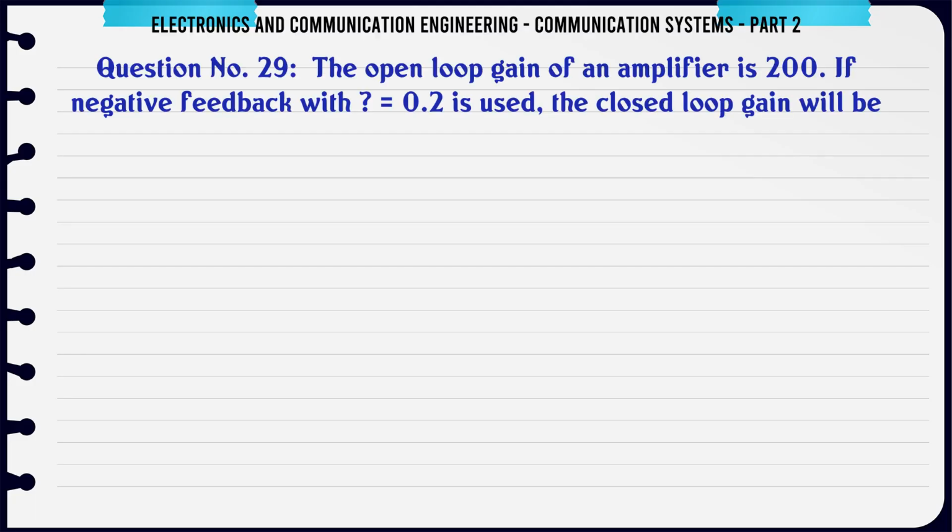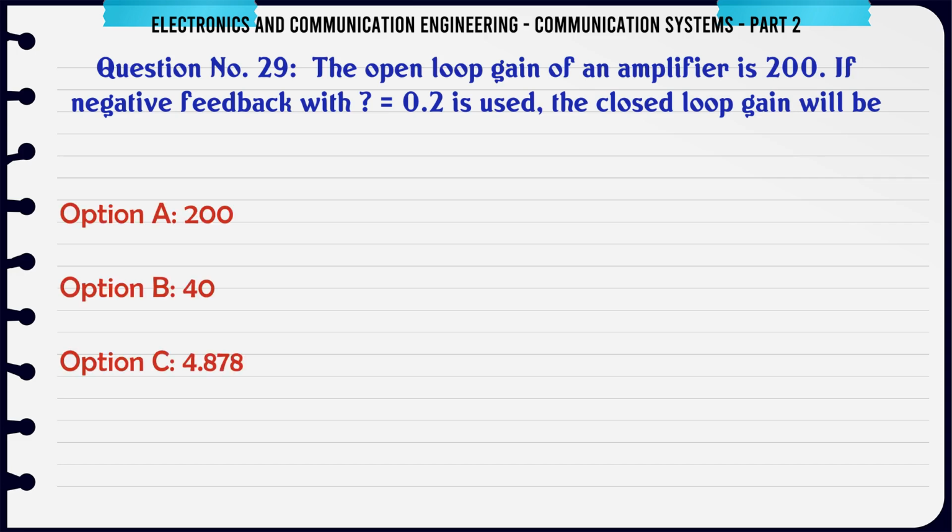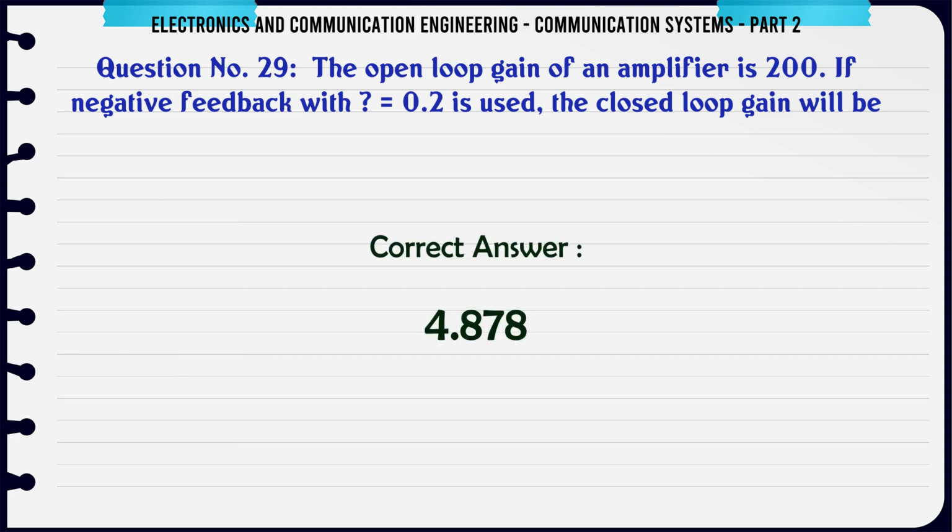The open loop gain of an amplifier is 200. If negative feedback with 0.2 is used, the closed loop gain will be A. 200, B. 40, C. 4.878, D. 1.212. The correct answer is